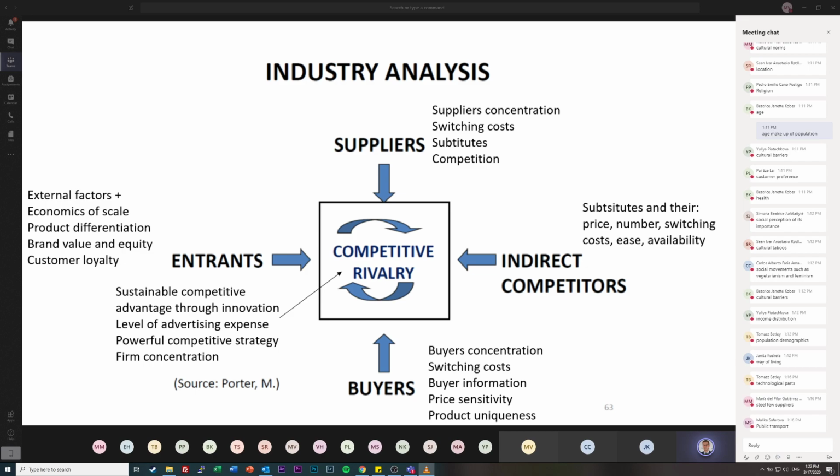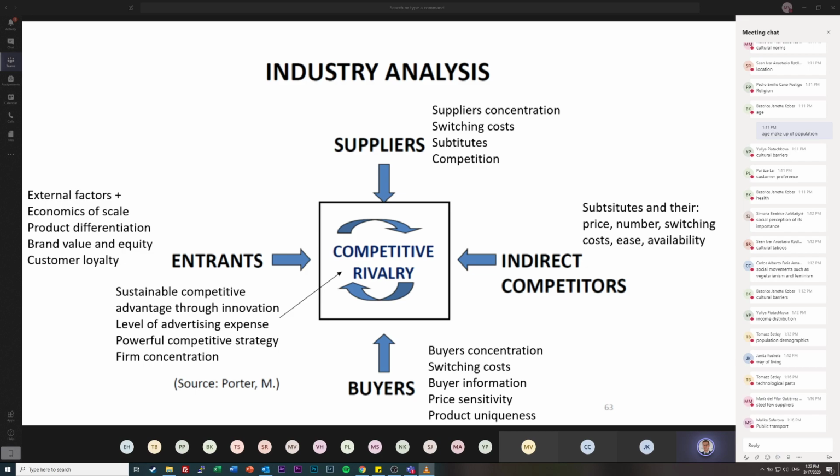So this is about the suppliers. The second factor, if we go counterclockwise, is the entrants. Entrants are described as new companies that are entering the market. Yeah, so new companies that are entering the market, and